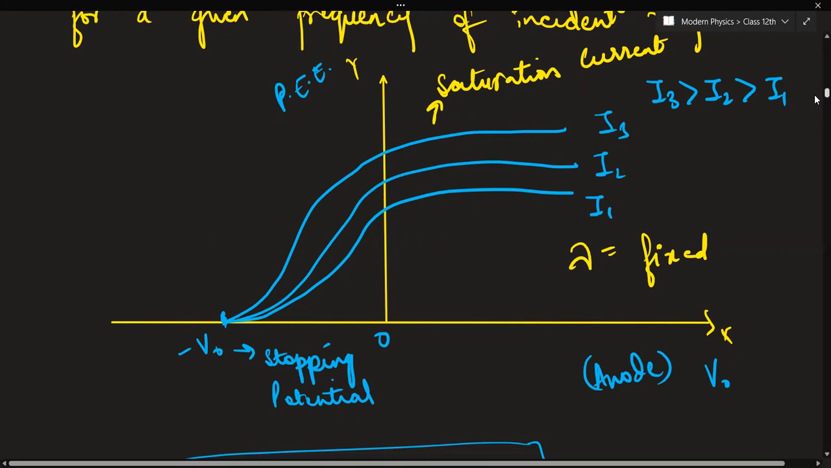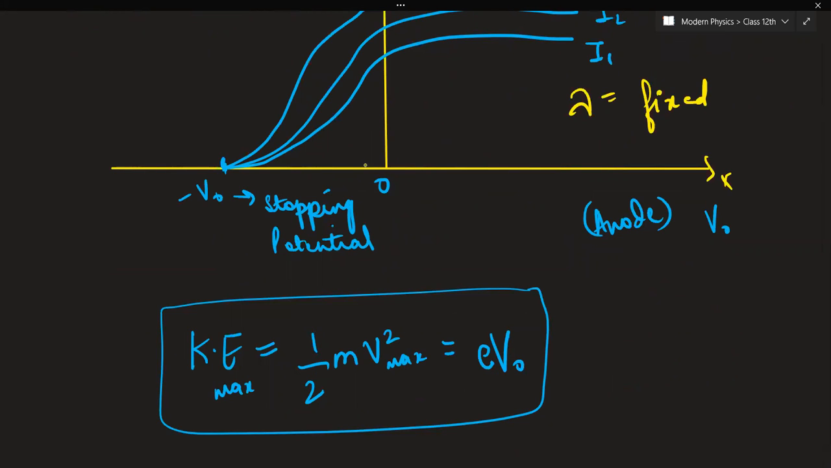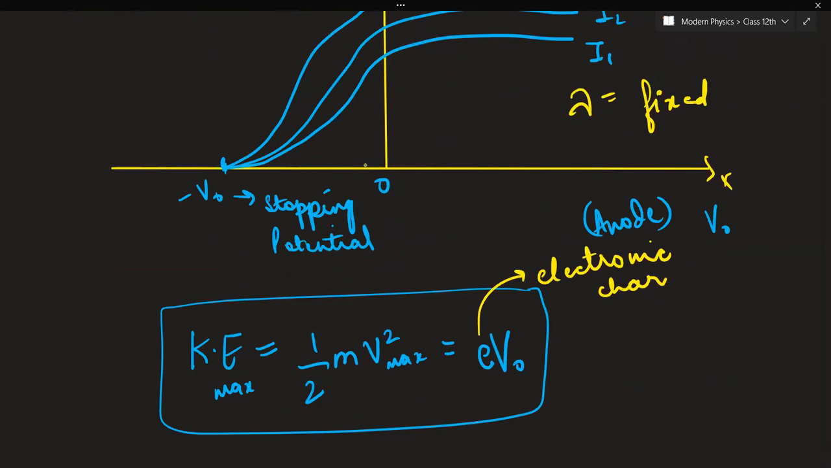So see, class: electronic charge multiplied by the stopping potential. This is the electronic charge. Electronic charge is 1.6 × 10^-19. And this is the stopping